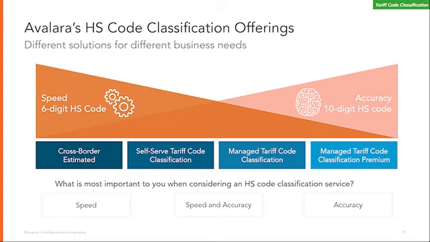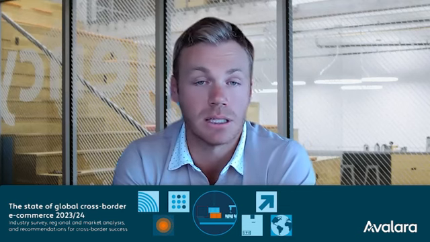Maybe you're a marketplace and have a massive catalog of millions and millions of products, or maybe you sell two products exclusively, but sell a lot of them. We have solutions that really focus on what you need for your particular business model, whether it be I have a desire for two classifications where I'm selling B2B and I'm selling millions of dollars worth of those goods, and I need documentation to back up my classification.